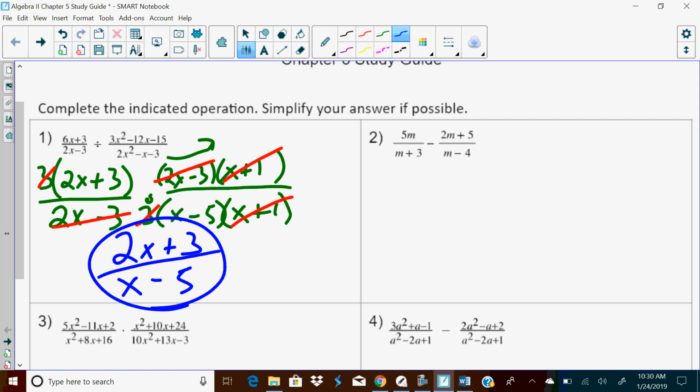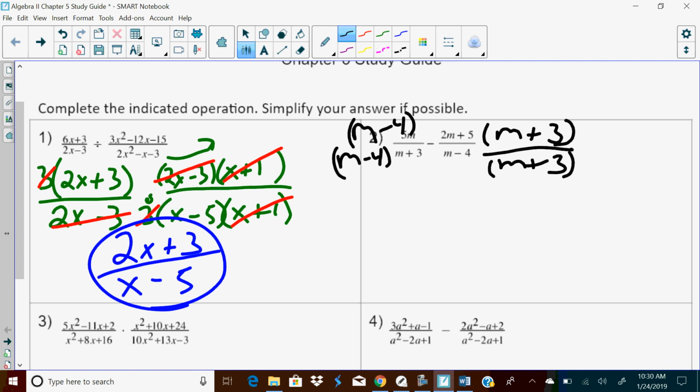Problem number 2, I'm subtracting. So first I got to find a common denominator. So I'm going to multiply both sides by m plus 3 over here. And over here, m minus 4. So on the top, I'm going to get 5m squared minus 20m over m minus 4 m plus 3